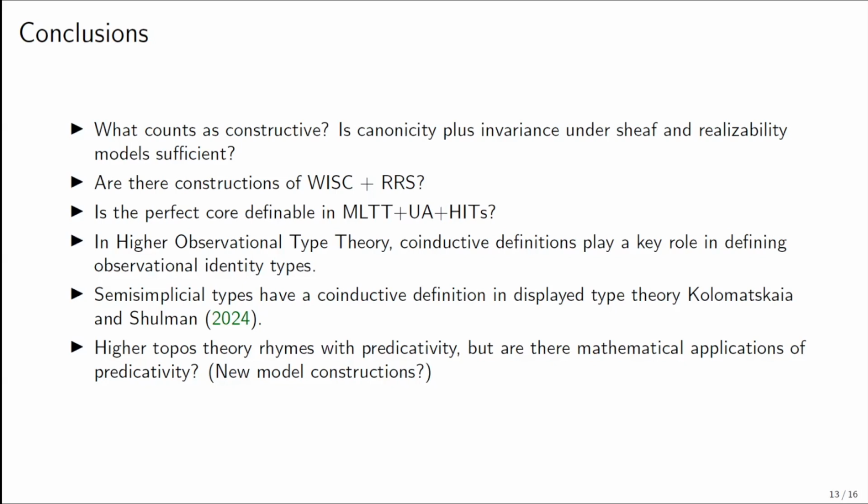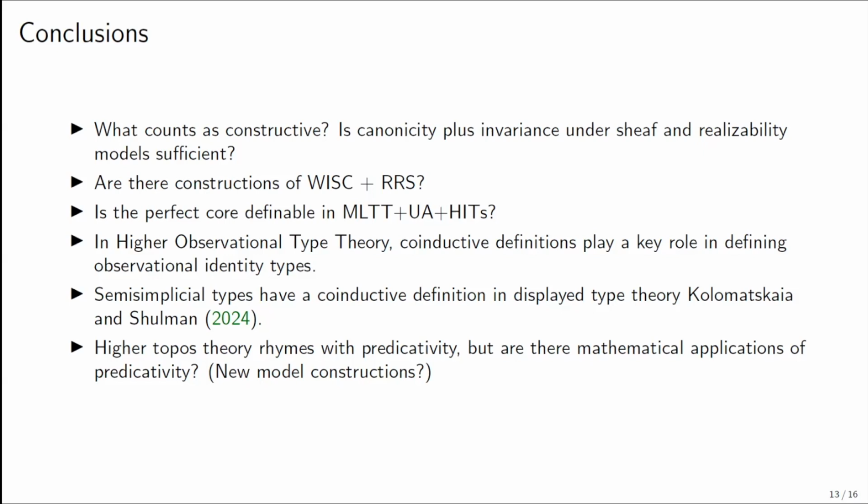And then another intriguing aspect is that we have this problem of doing the model theory of univalent theories in univalent mathematics, because we don't know how to construct higher category theory. And higher category theory could be constructed if you knew how to define what are called semi-simplicial types, never mind precisely what they are, but they do have a co-inductive definition in some slightly different type theories. There's something called display type theory, due to Mike Schulman and Astra Kolomatskaya. And there they have a very simple co-inductive definition. Again, it's not a co-inductive definition of this polynomial sort, but maybe we need to be more open-minded about what counts as an observation that you can do in the destructor of a co-inductively defined type. And finally,